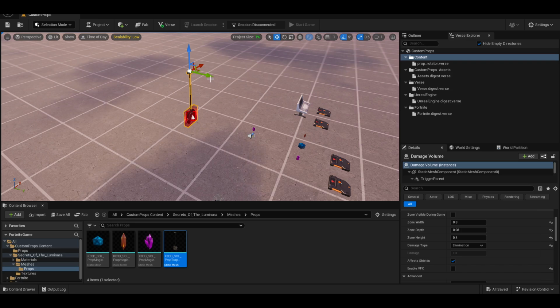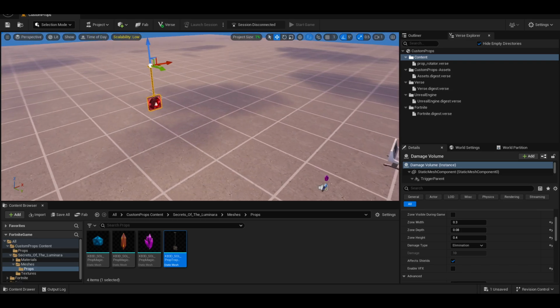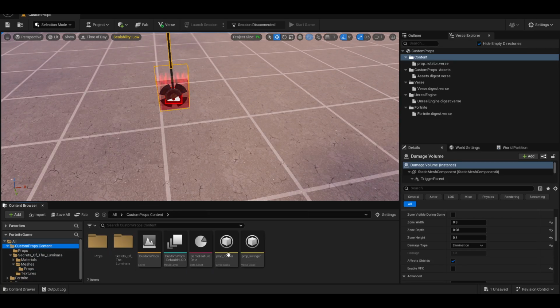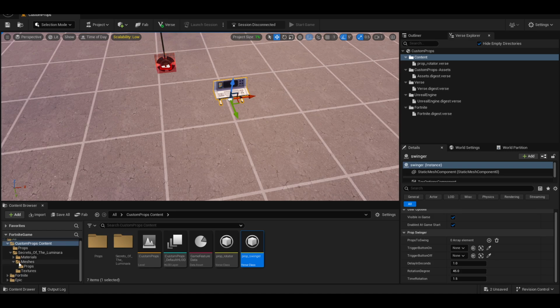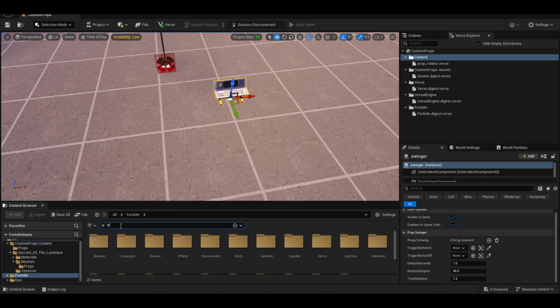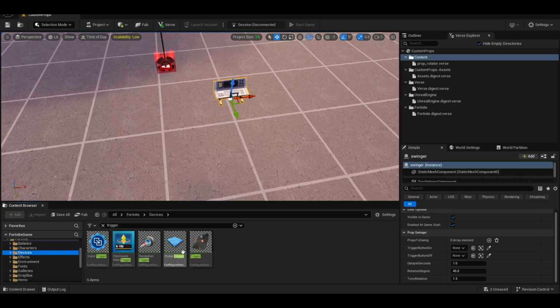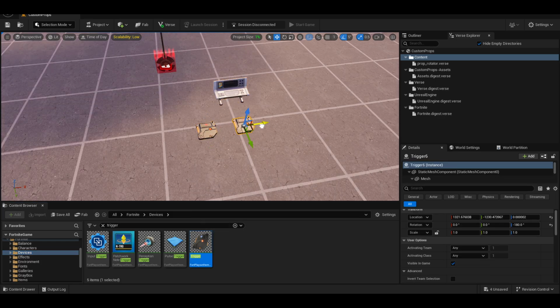We need to go away from this because this is the other one. Then go to your project and prop swinger. Just go here and then go to Fortnite trigger. Then it will show you not that one devices and then trigger. Then copy paste it like alt click with, what is this, orbit or gizmo. Okay, because we need to pick